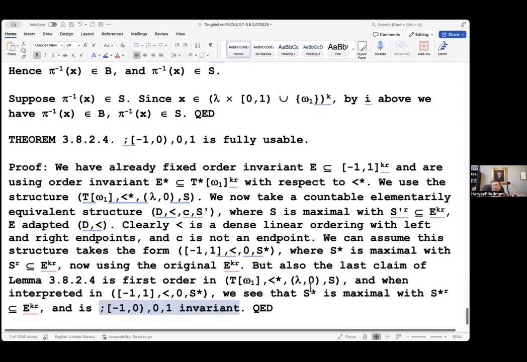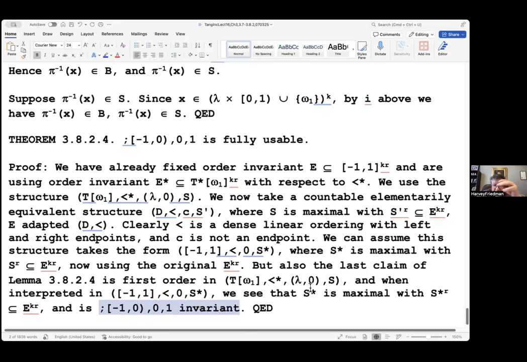So what we did is we took the problem of getting a maximal thing, which is invariant with respect to this. We blew it up into a carefully chosen uncountable space